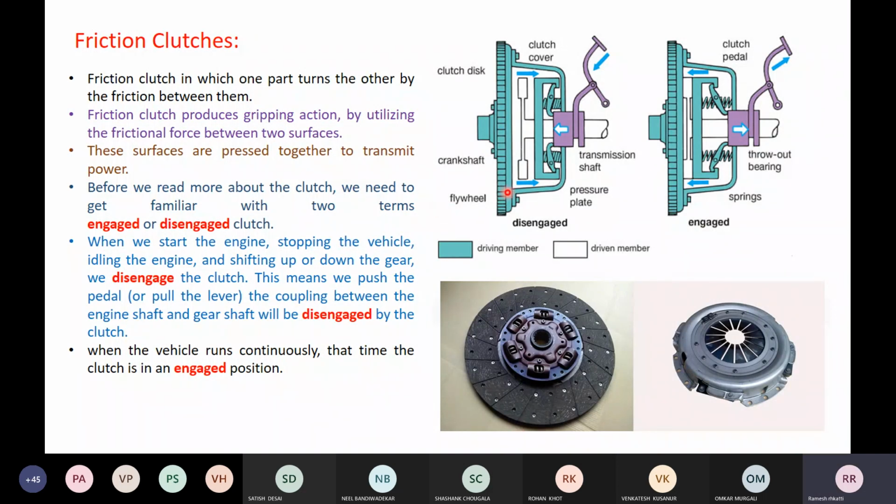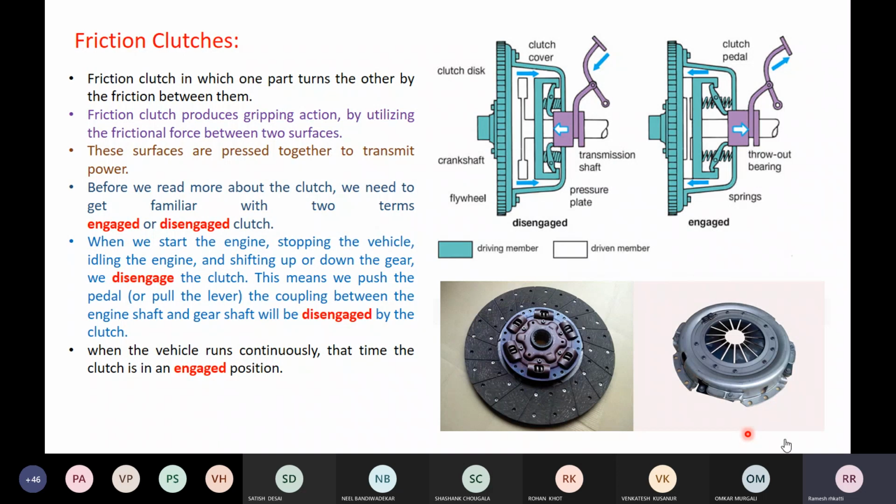Before we start discussing more about the different types of clutches, as I told you, in the friction clutches you can see the axial friction clutch and the radial friction clutch. The examples are the different types of axial friction clutches. I think you have heard about plate or disc clutches. These plate or disc clutches are nothing but axial friction clutches. In that, two types are there.